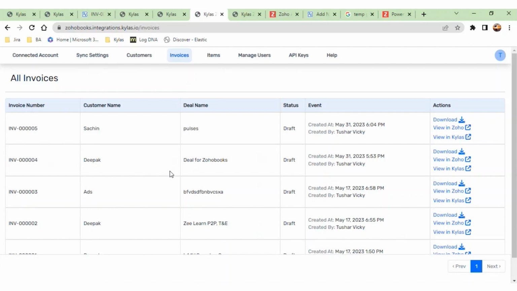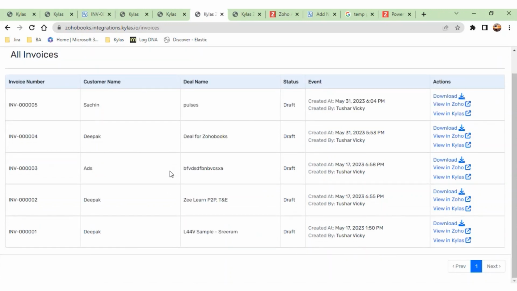here you can see how many invoices I have created from Kylas to Zoho. This is the invoice number. This is the customer name, the deal name for which you have created the invoice. What is the status of that particular invoice, and when and who has created this invoice. You can click on this View in Kylas CTA to take a look at that particular deal,